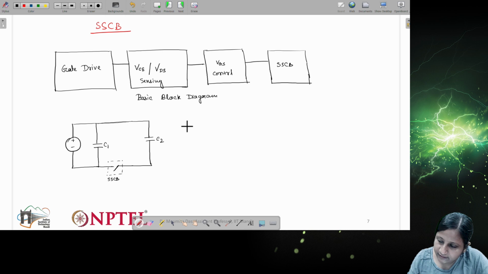Now there will be another solid state circuit breaker, the same switch we are using in place of SSCB here. We are using it in this place as well. This is primary, and this is the secondary one.